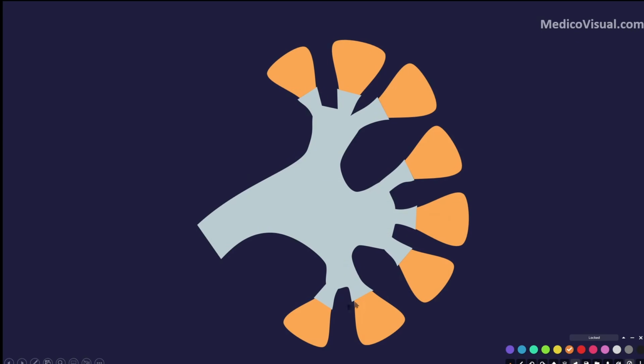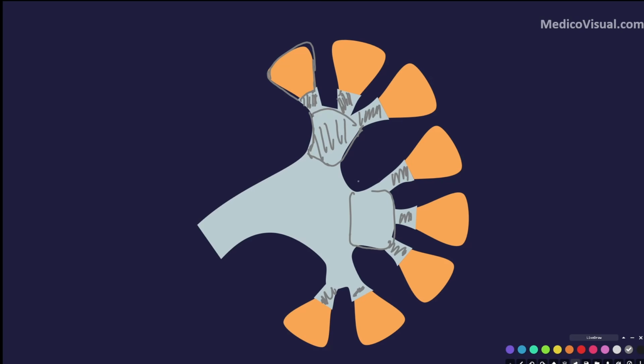Now here you can see that there are 8 to 10 renal pyramids that are opening into minor calyces, and these minor calyces are opening into major calyces. I think I need to label them so that you don't get confused. So this is the renal pyramid, and the renal pyramid opens into this minor calyx. All these are minor calyces. About 2 to 3 minor calyces ultimately open into these pouches called major calyces.